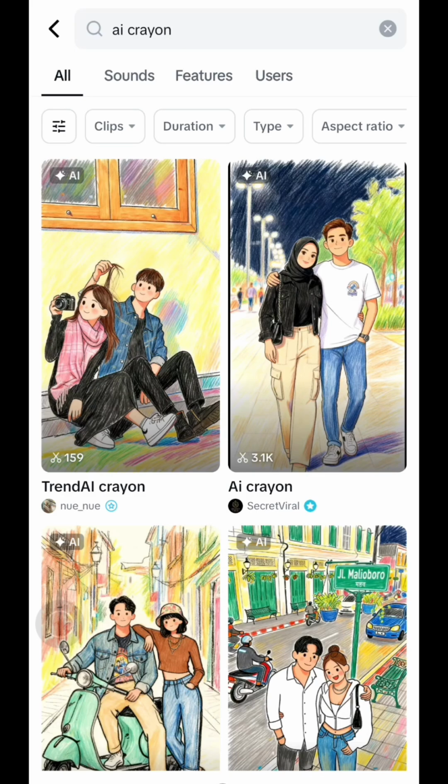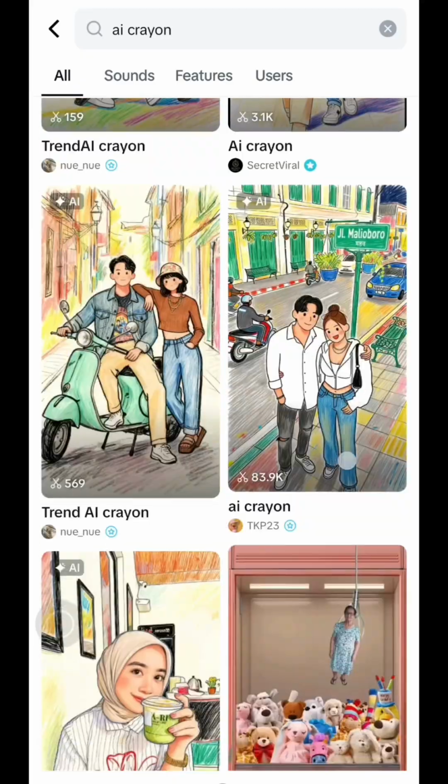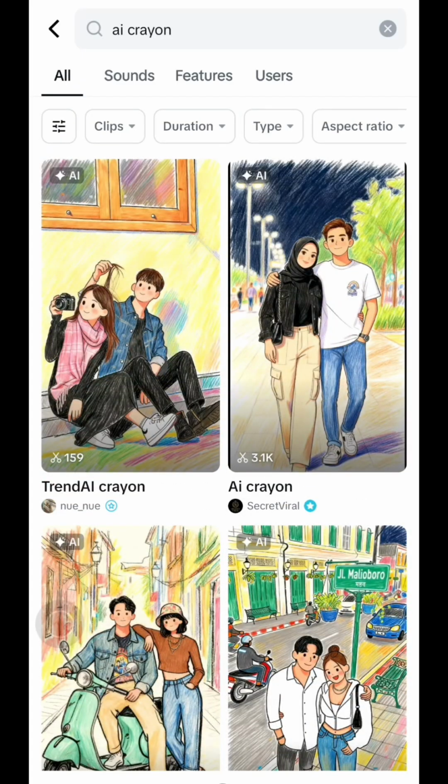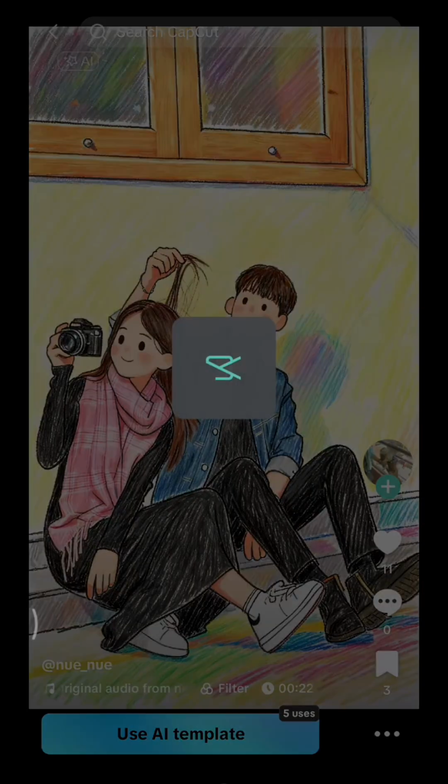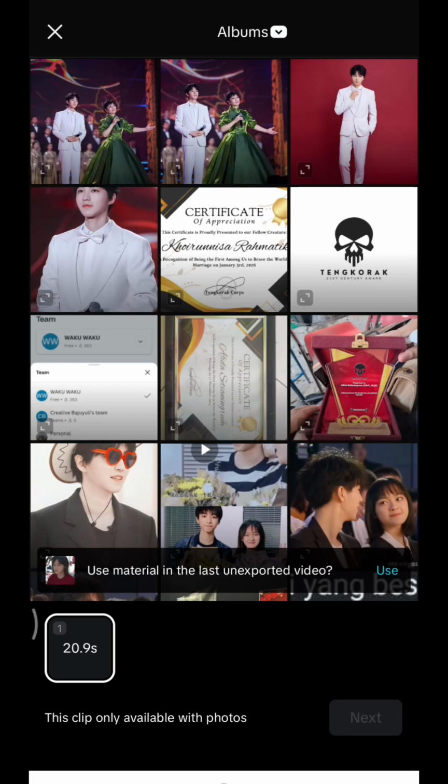and then you will see several AI crayon style templates. Just preview them first and then choose the one that you like the most. Each template has a slightly different crayon painting animation style. For example, like this. And then next, just tap on use AI template, and then now just upload the photo